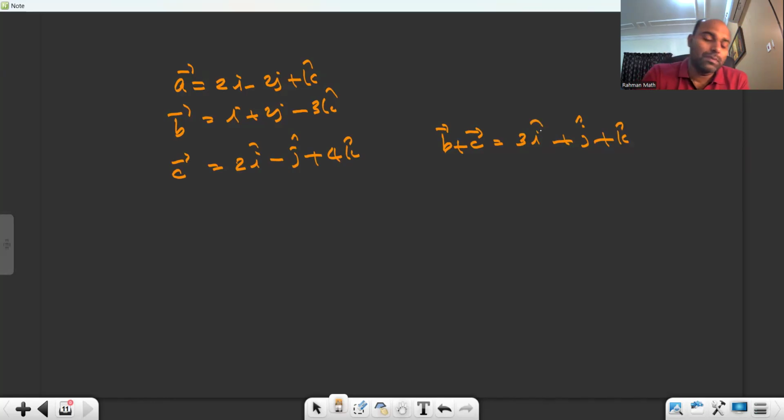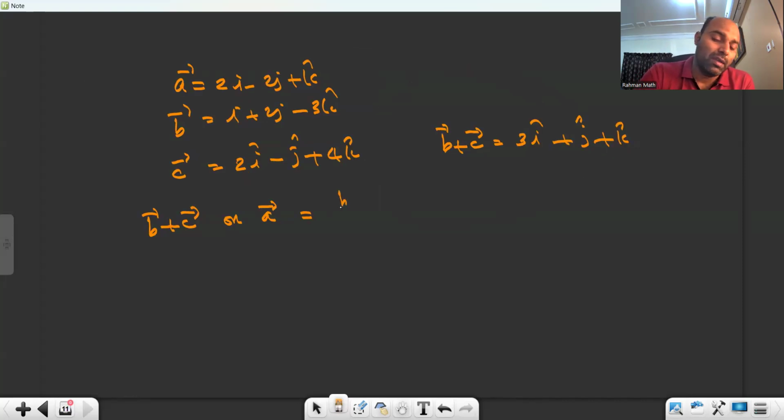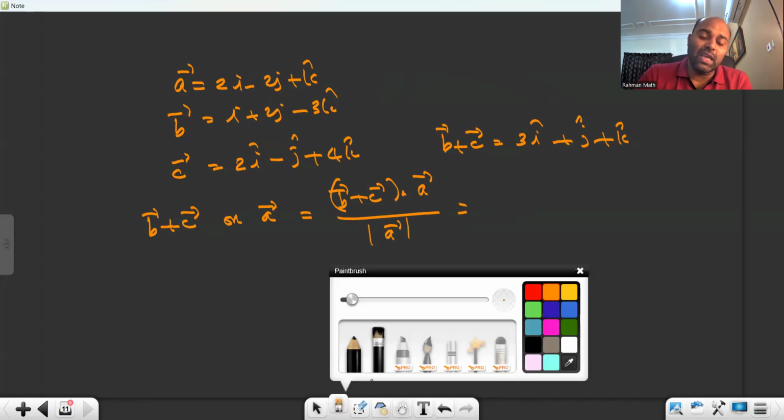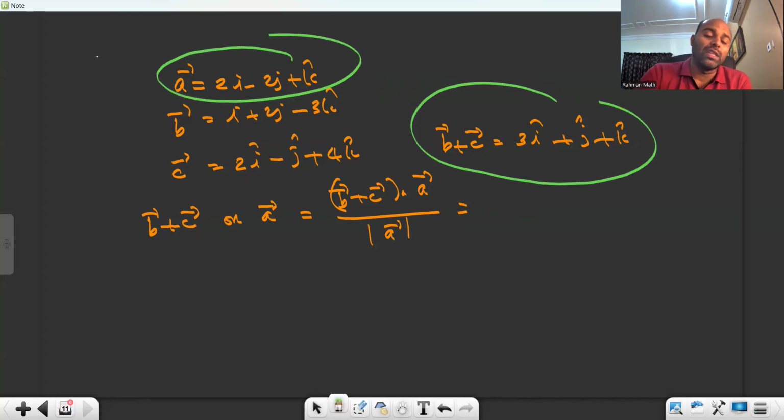Projection of b plus c on a equals, as I told you, projection of A on B is A dot B. So projection of b plus c on a is b plus c dot a divided by magnitude a. So b plus c and a you have to multiply. This is what b plus c, and the term is 3 times 2